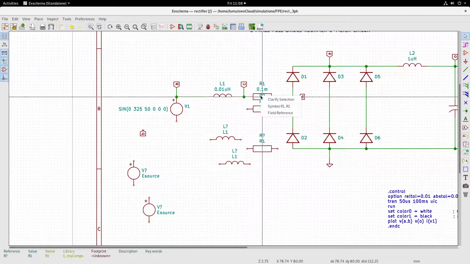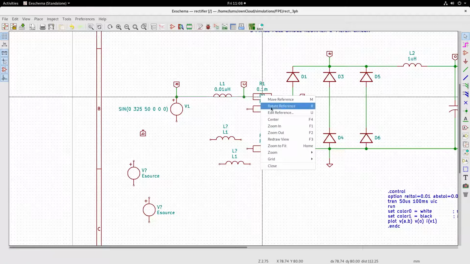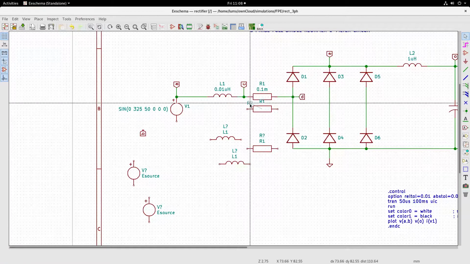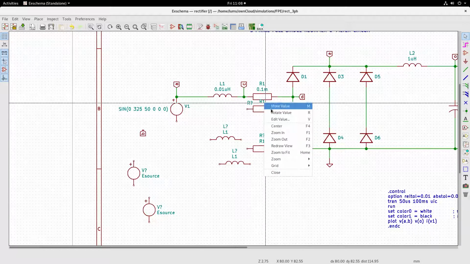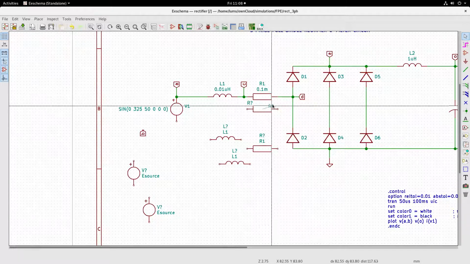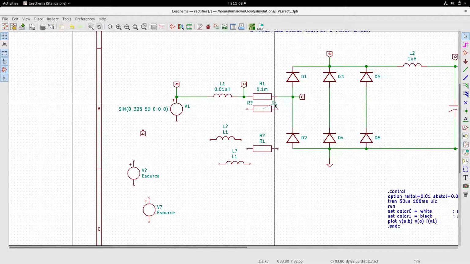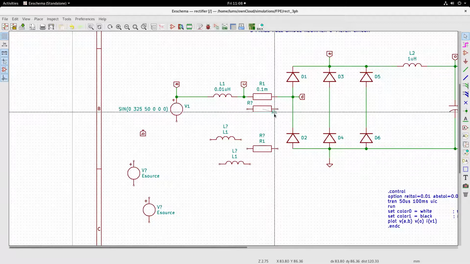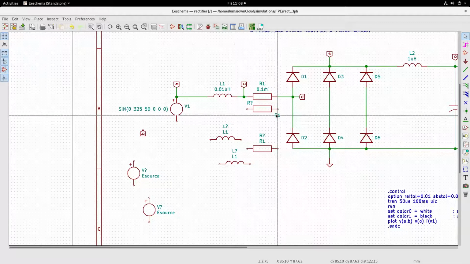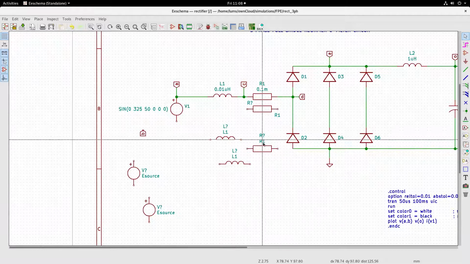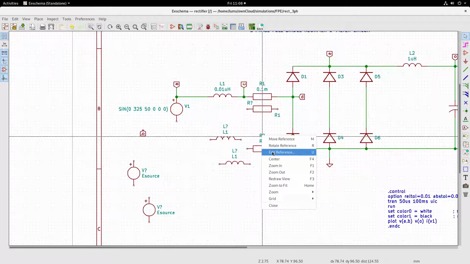And let me move the reference here and move the value here, probably here. Then same thing I will do for this also.